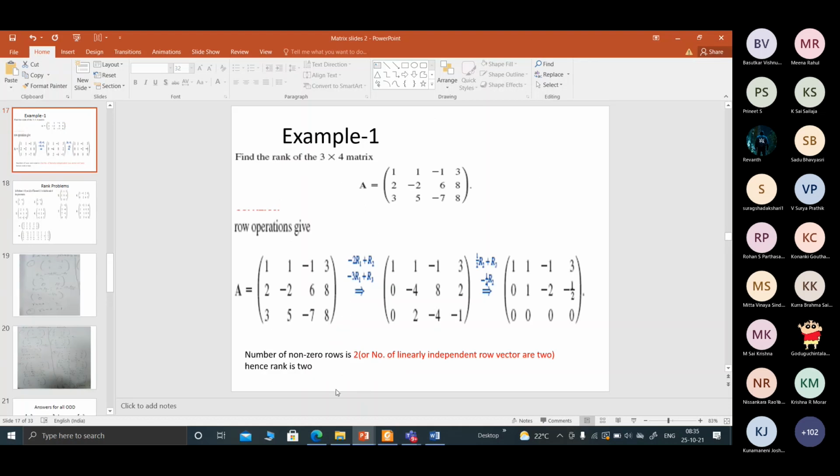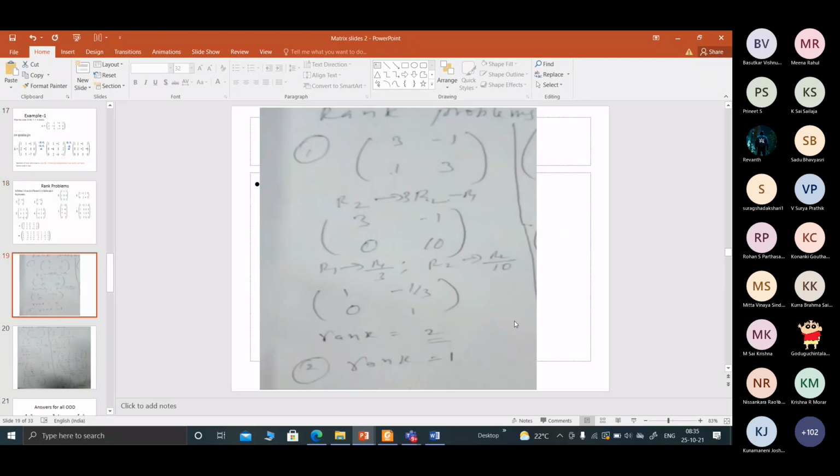So that's how we have done some of the problems. See, this was the dependent row. It got eliminated. So when you count the number of non-zero rows here, there are only 2, so that will be the rank. Though we start with a matrix with 3 rows, the dependent row got eliminated when I applied row elimination, that is the Gauss elimination procedure.